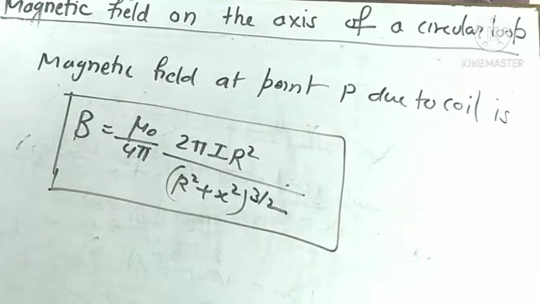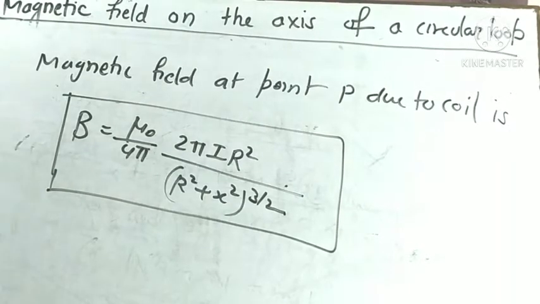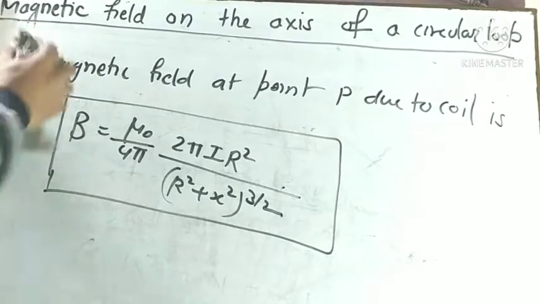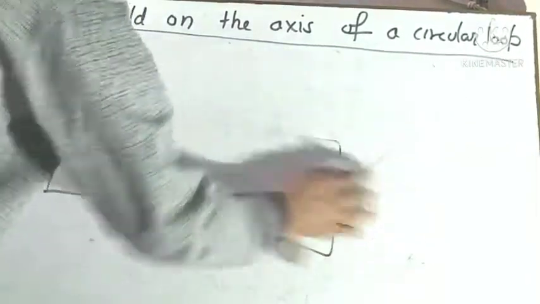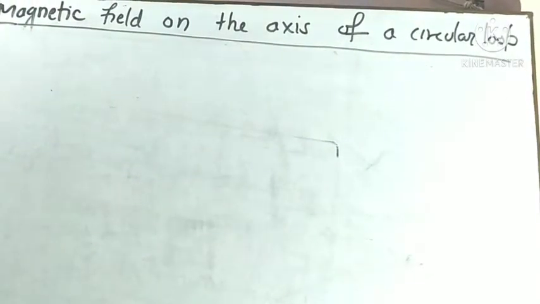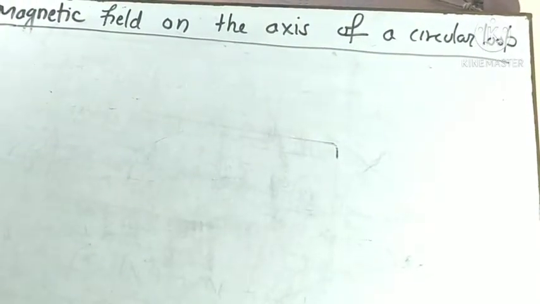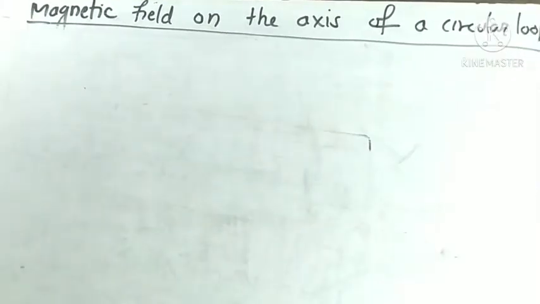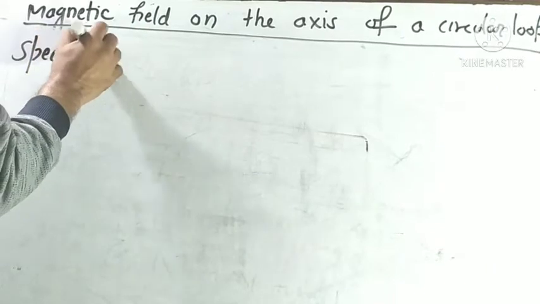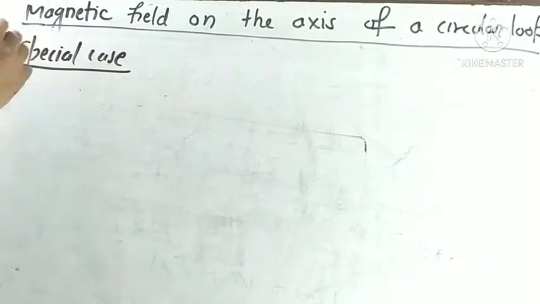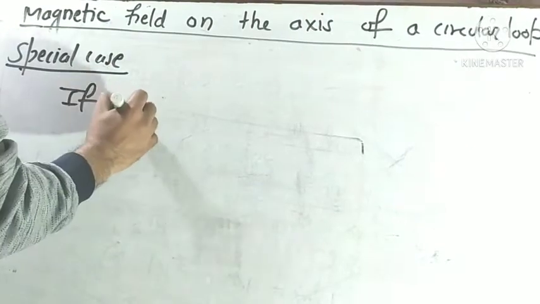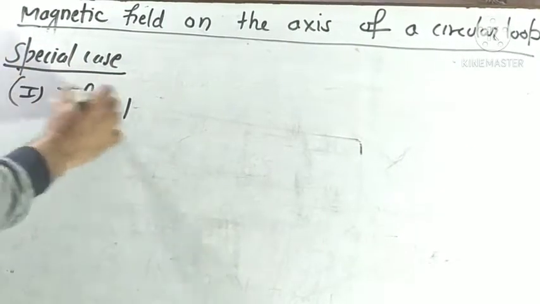Now we define some special cases here. Firstly, we write this formula, and we use it to find the magnetic field. Now we discuss its special cases. The first case is if the coil